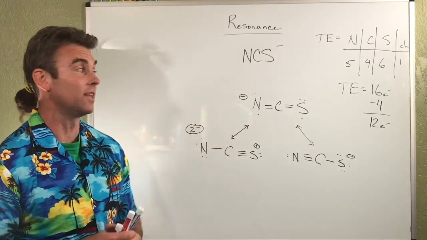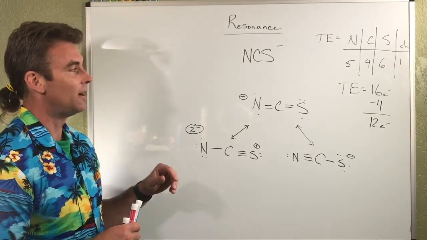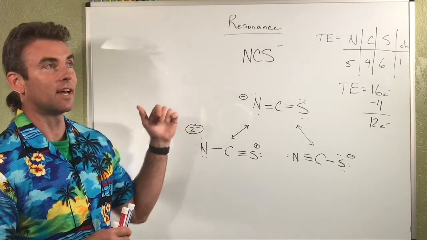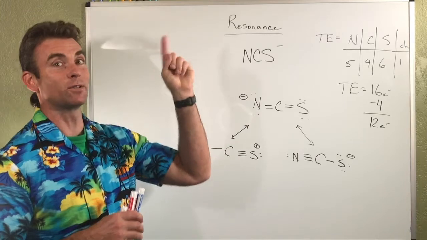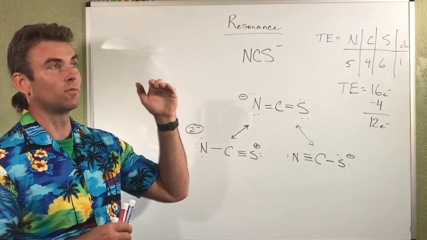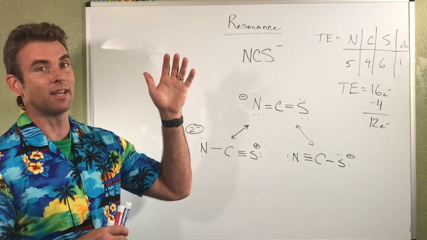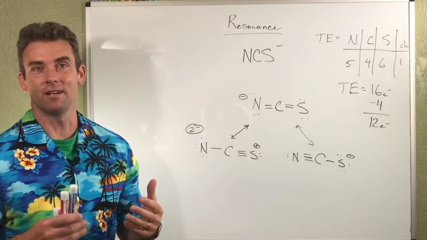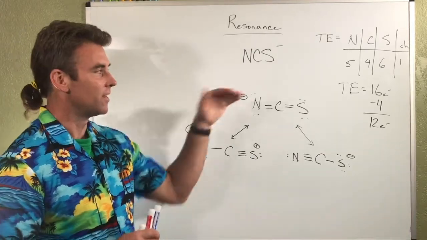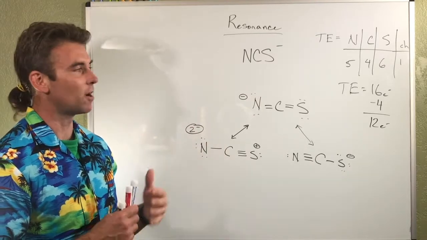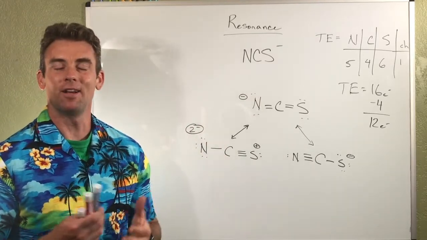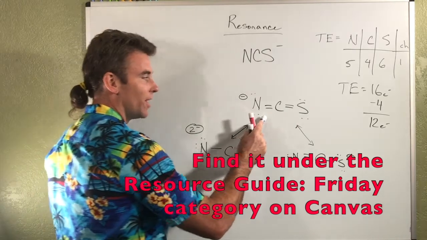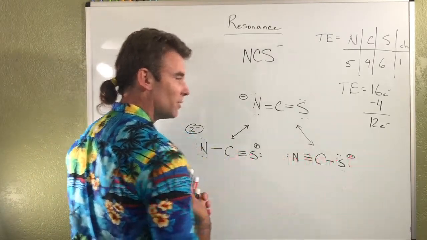Also, by the way, one thing that we'll talk about as we get more practice here: occasionally there'll be resonance forms where there are octets not satisfied. That's kind of the first thing, that if you have some resonance form that has an unsatisfied octet rule, usually that's going to be less likely than another one that has a full set of octets. That's the first level. The second level is minimizing that formal charge. I'll probably, assuming I can get to work, scan in a resource guide that'll definitely help you guys out a little bit. So the point is that between these 2, it's a little bit more difficult